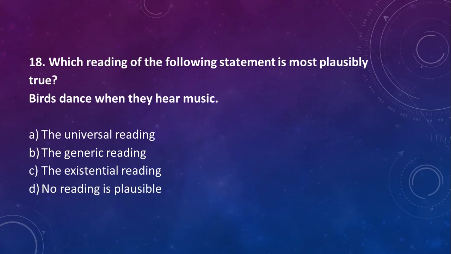So the generic reading is not plausible. Certainly the universal reading is not plausible. The generic reading is not plausible because it's not like generally speaking birds do this. What if you thought that's a general way of speaking, but birds don't actually dance? They just fly around and you think of it as dancing. You would say it's a generic reading because you can speak of birds doing that, but when you think of that, you don't think of them actually dancing, just moving around. I think that's more of a metaphorical reading than a generic reading.